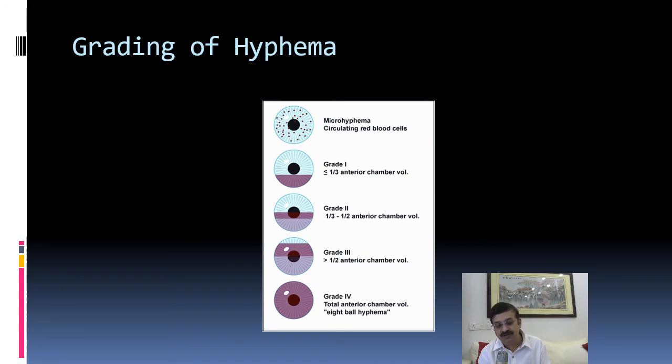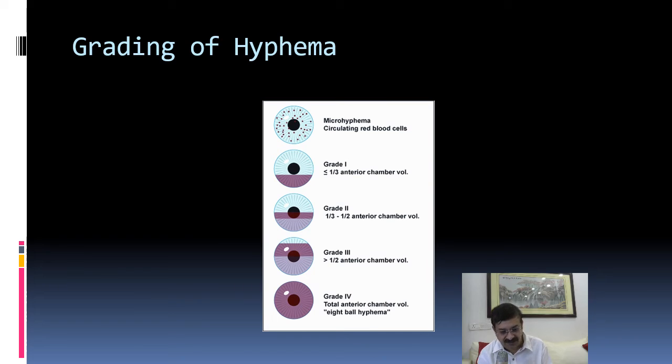Now, hyphema. What is hyphema? Hyphema is basically the presence of blood in the anterior chamber. We can roughly classify hyphema. In microhyphema, you do not have any level of blood in the anterior chamber. The amount of bleeding is far too little for the blood to accumulate. Only a few red blood corpuscles circulate in the anterior chamber, and as a result they give a vague, foggy appearance to the aqueous,